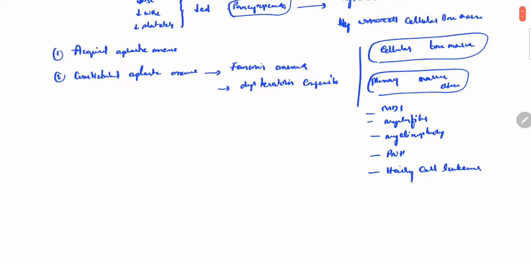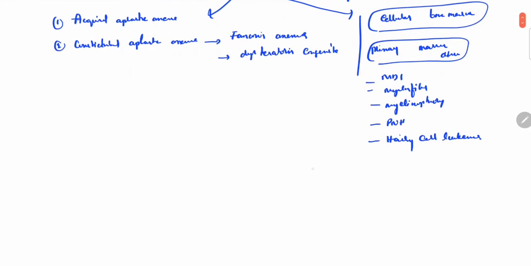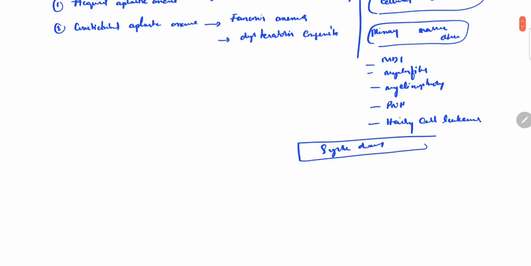So pancytopenia with cellular bone marrow. Now, some systemic diseases can also cause pancytopenia with cellular bone marrow,